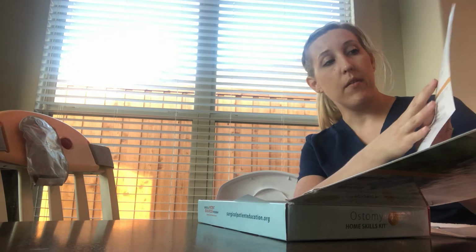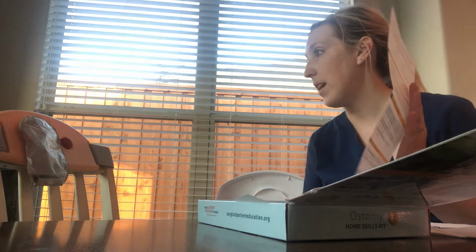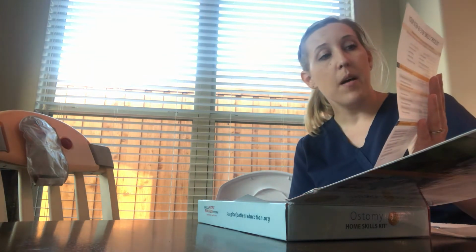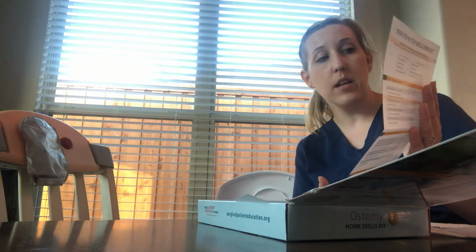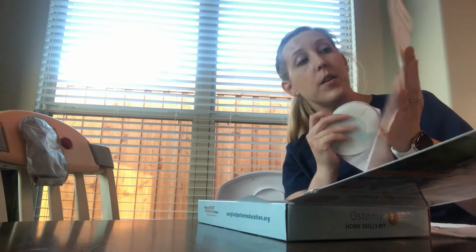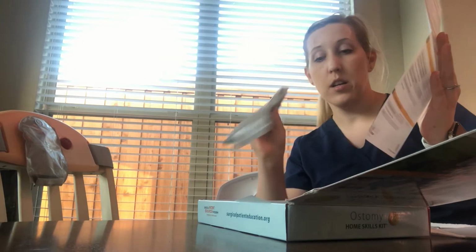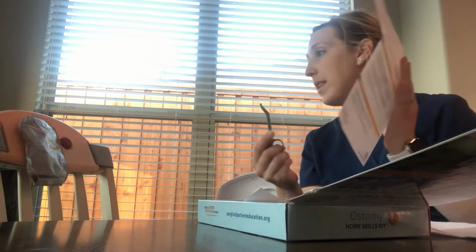So it's going to tell you to cover the stoma opening with a piece of tissue or gauze while you're measuring. That's to prevent any extra leakage from running down your body. Measure your stoma accurately with the guide. Trace the correct size on the back of our ostomy pouch, which I have here, and I will show you. You're going to then push away from the barrier,